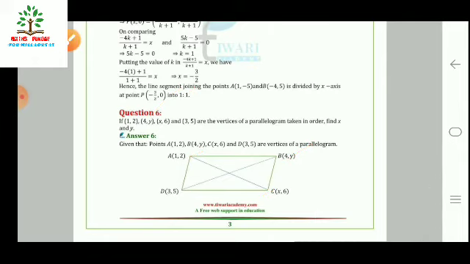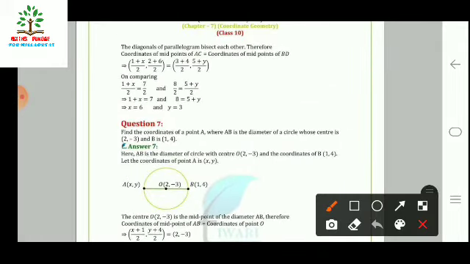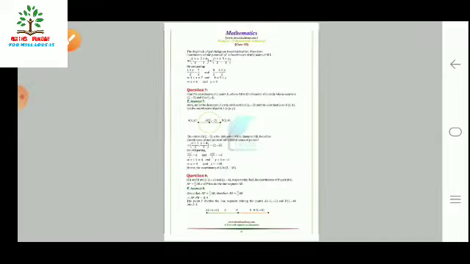Look here very carefully. This is the easiest method of all. As we all know, the diagonals of a parallelogram bisect each other. Therefore, the midpoint of AC is equal to the midpoint of BD. It means look here carefully, the midpoint of AC is this, the midpoint of BD is this. So these points will remain the same for both the lines. So this property we are using here.